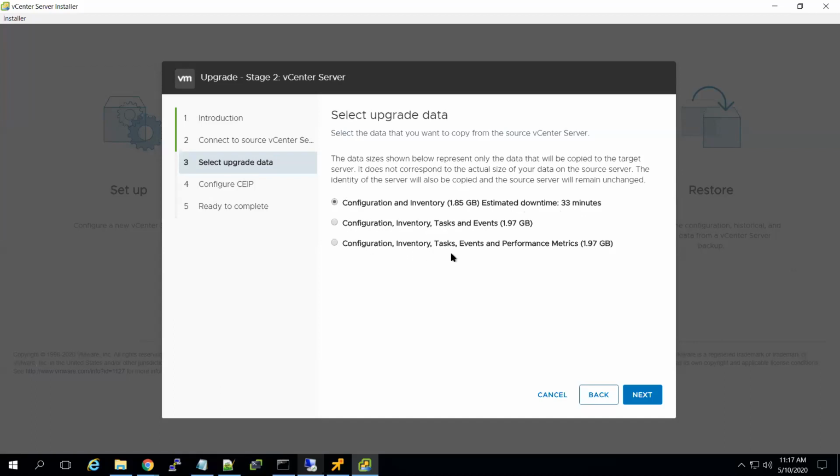And configuration, inventory, task, event, performance metrics. So this is a new vCenter for me, so that's why performance metrics is null, so you are getting the same size. So I will use the last one, you should choose the last one, so that everything like performance metrics, event, task will be migrated to the new vCenter.